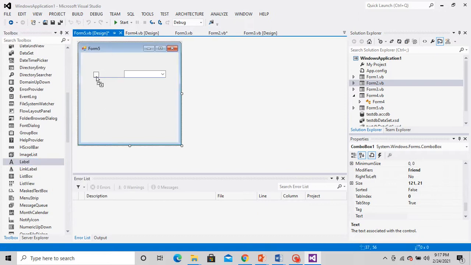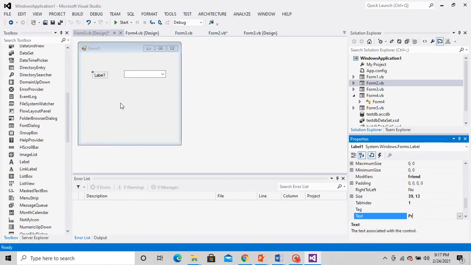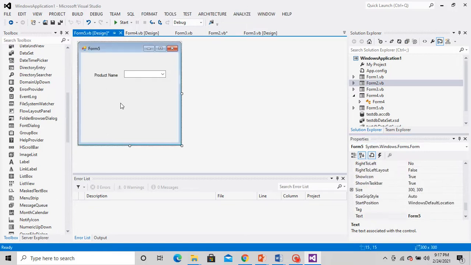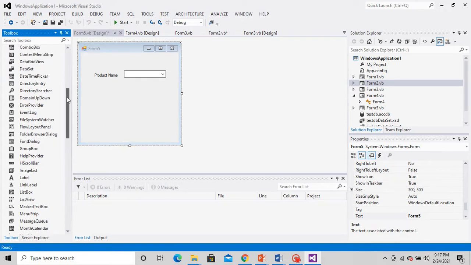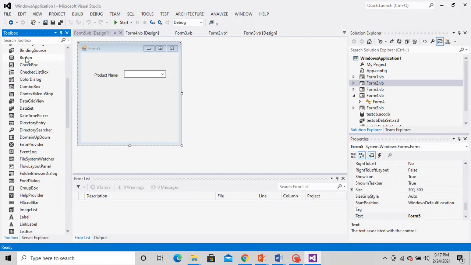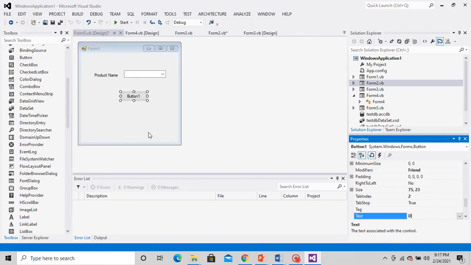I'll keep the product name in the combo box. Whatever product name you choose, that value will be deleted from the database. Now I'll take one button called delete here.